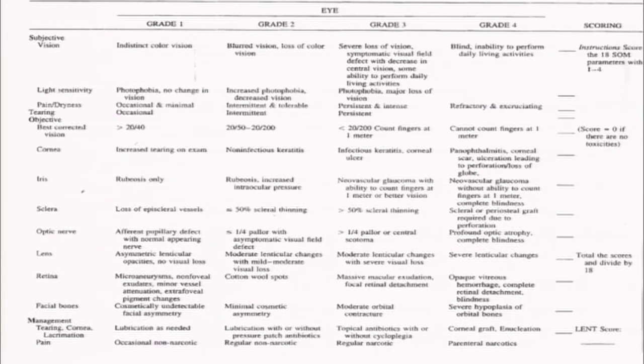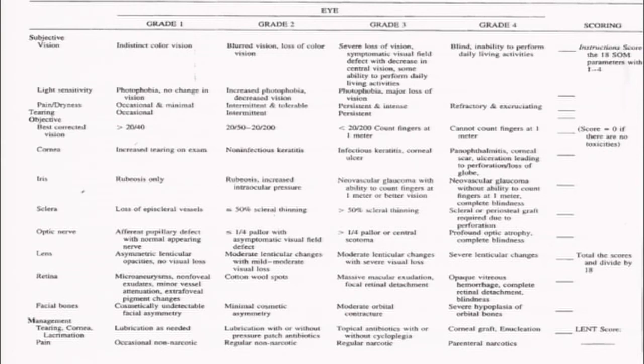Sometime in the 1980s came the LENT-SOMA classifications, LENT being late effects for normal tissues, and SOMA being subjective, objective, management, and analytical, which would include the ancillary investigations. And here it gets much more complicated. I don't expect you to read all this, but it's just to show that at least they've tried to break it down into the various